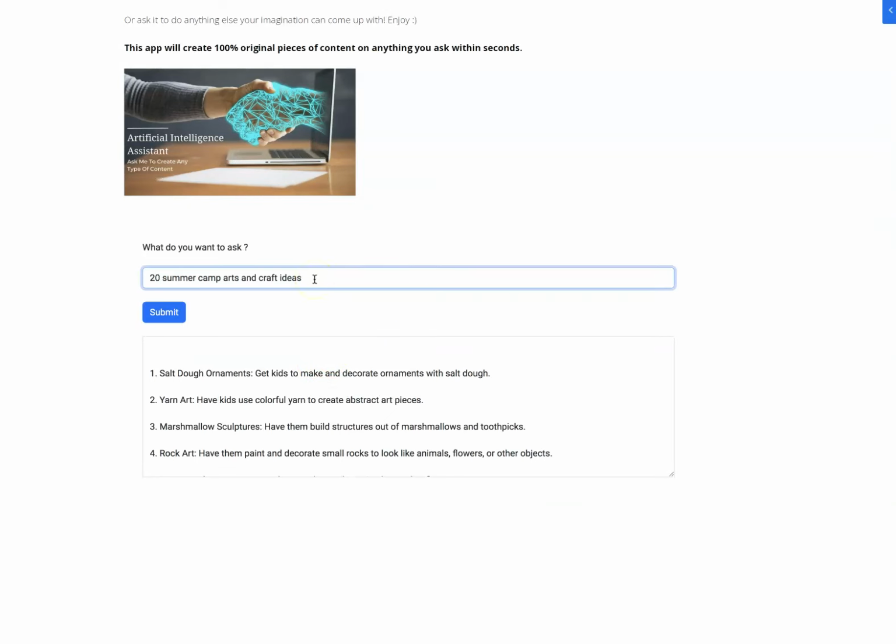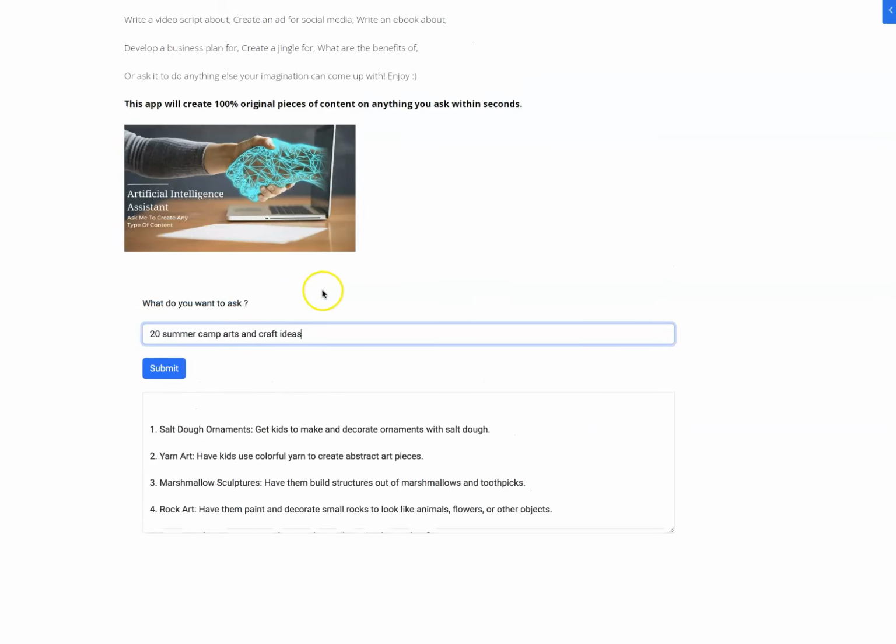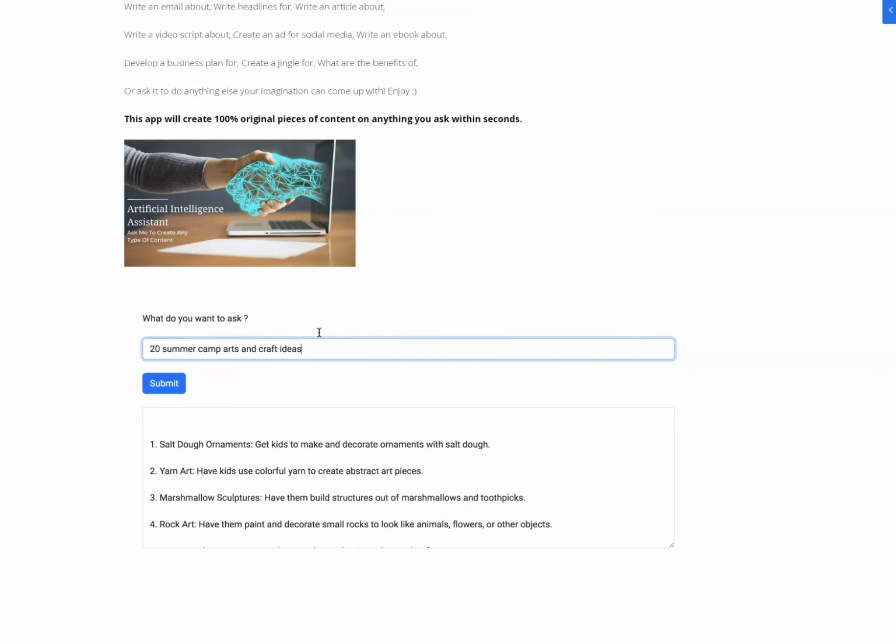So the content that you're going to get here is very, very well written. I mean, you got to admit, artificial intelligence and machine learning, it is smarter than us, it's faster than us, and it's cheaper than what people charge to create content. So if you're paying to have content created for you, if you're paying to have your ads made by somebody else or an agency or something like that, this kind of puts the power back into your hands, because not only do you have the capability to get whatever type of content you want created here, we've done the majority